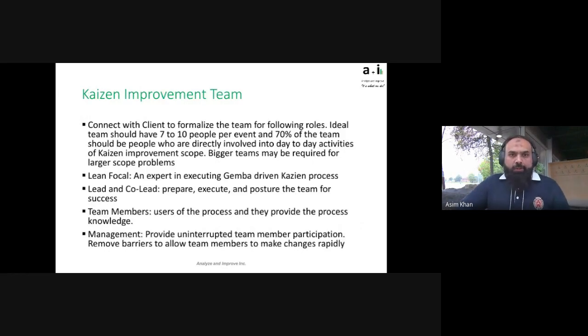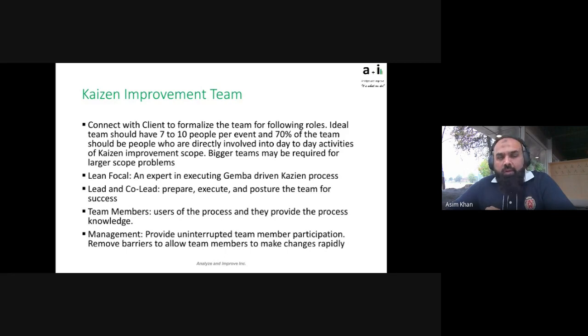Okay, next part in preparation is selecting the Kaizen improvement team. So we talked a little bit about how, through your interview process, through your observation process, you may identify people who are good for your Kaizen event. So it's good to select them or keep a log of them and then select from there based on the scope you picked. Ideally, you're looking at 7 to 10 people